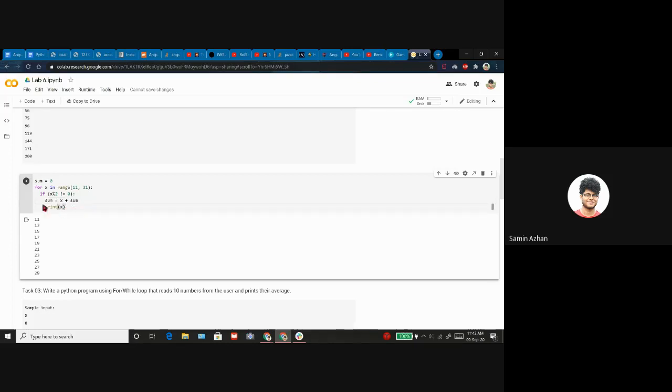Now this might be a bit confusing to you as you're seeing this for the first time. Because in mathematics this makes absolutely no sense. Sum equals x plus sum, that means x should be 0, or sum should equal sum. But in programming, always remember the single equal operator means that you're assigning a value. You're not saying that this equals this. When you're trying to say that the left side equals the right side, we use double equal symbols. So we're assigning